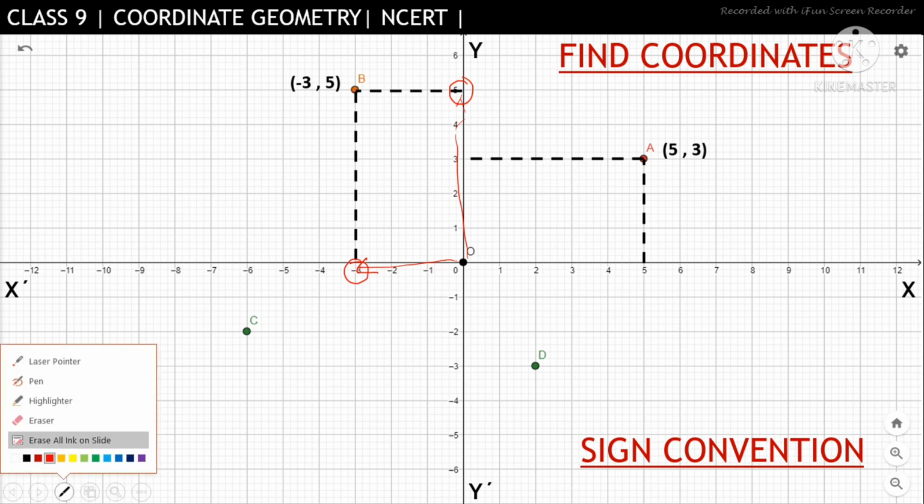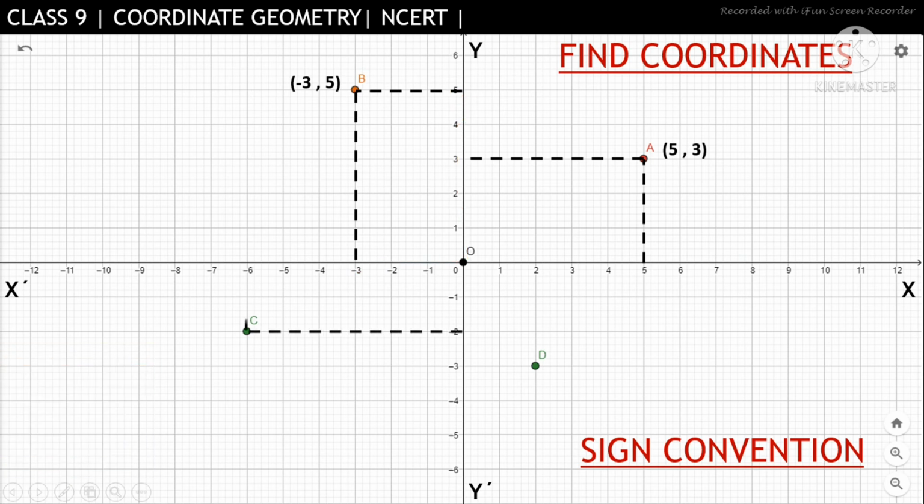So moving on with the third point. Similarly, if you draw perpendiculars, you can see first we will find the x-coordinate. So we'll just move along the x-axis. Here we have a negative x and a negative y. Both are negative. So what will be the coordinate then? Minus 6 comma minus 2 here. So the x coordinate is 6 units. You can see this 6 units. The distance of C from the y-axis is 6 units, but we are on the negative side, so minus 6. And we are on the negative side of the axis, that's why the y coordinate is also negative, that is minus 2.